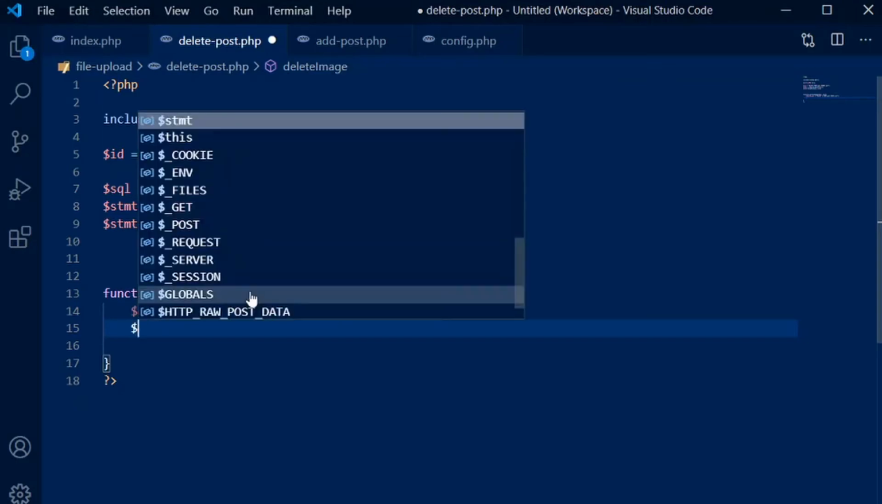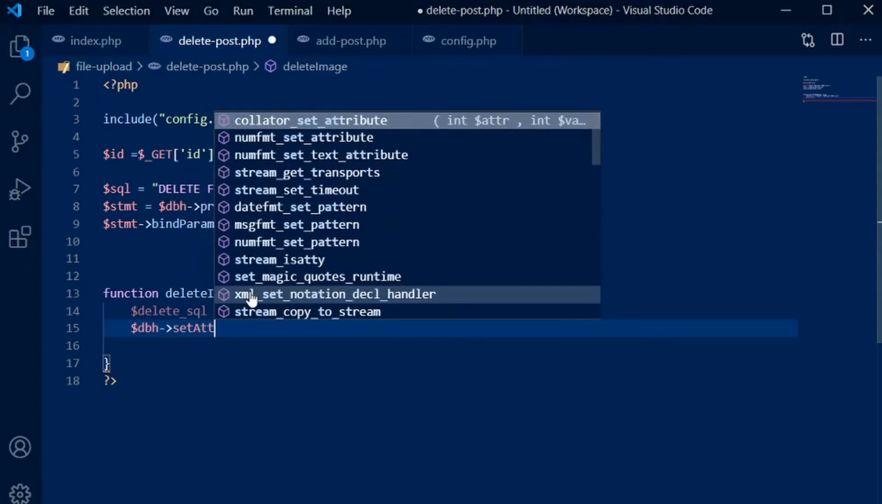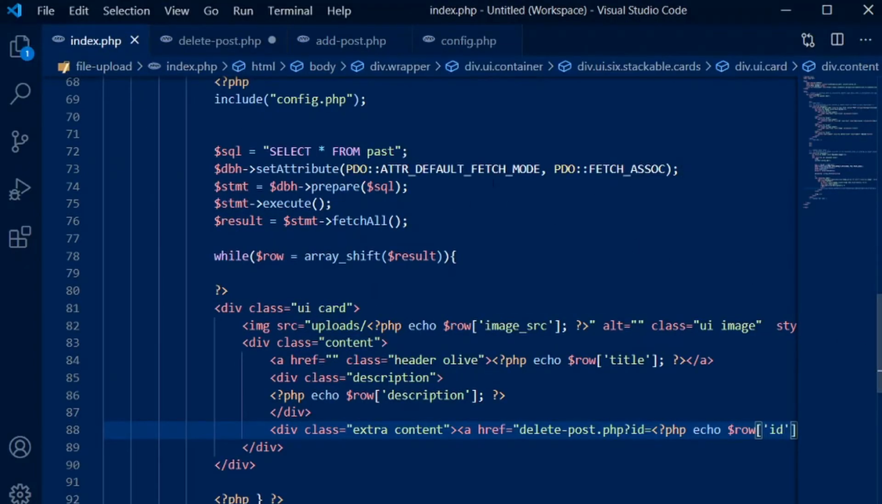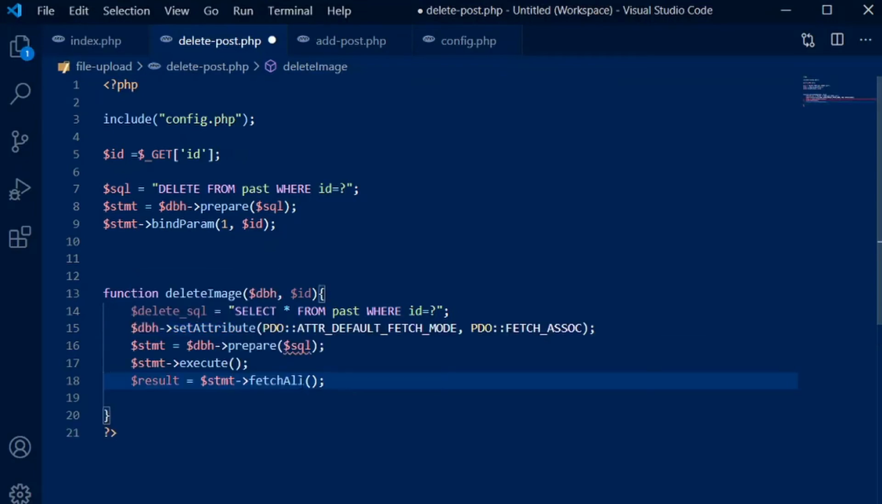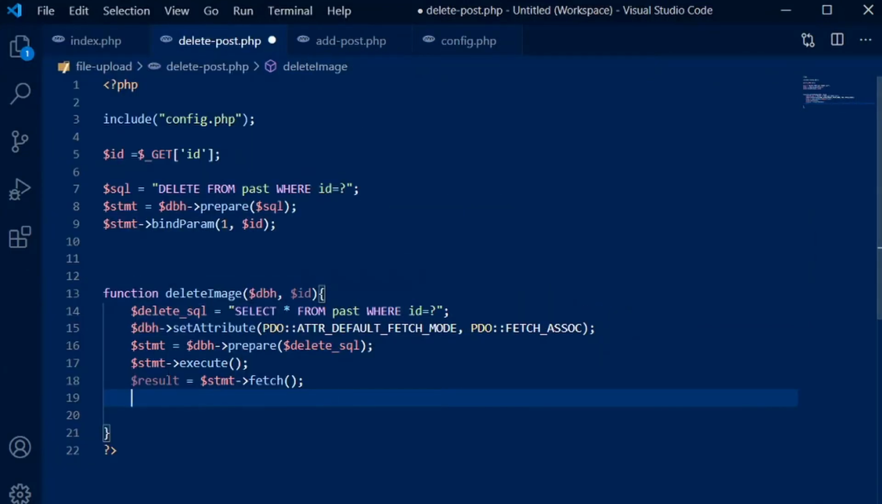Okay, dba is set. Actually let's copy and paste this thing from index. Okay, copy these few lines and paste it here as well because we need the same thing in here. We are going to fetch only one item, so we don't need this all. And this would be a delete SQL, not only SQL, replace it. Okay, so by using this ID we are getting the image name, and by using this image name